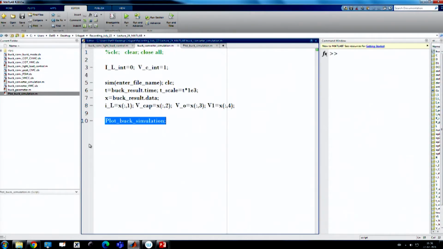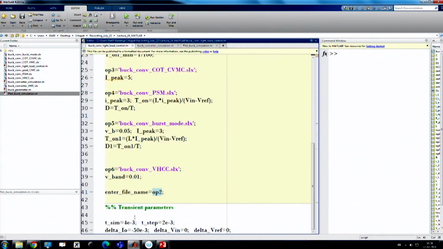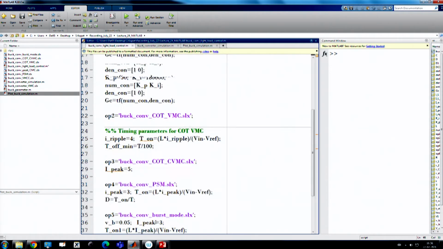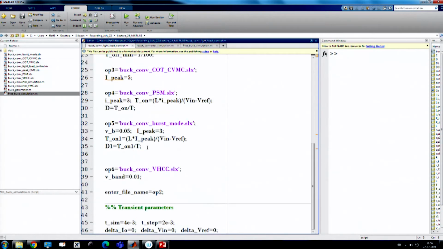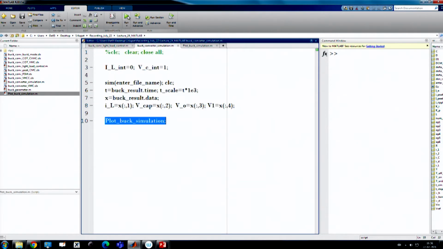Now, I want to show, under 100 milliampere, instead of a load transient, we apply a supply transient. Initially it is, for example, 6 volt, and now your input voltage has changed, so let us run and see what happened.